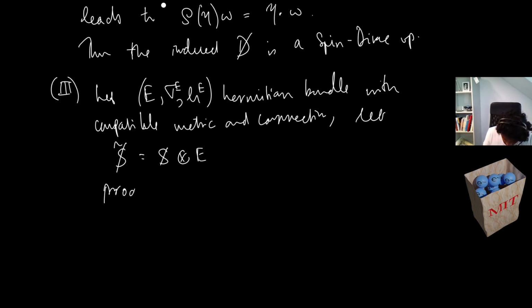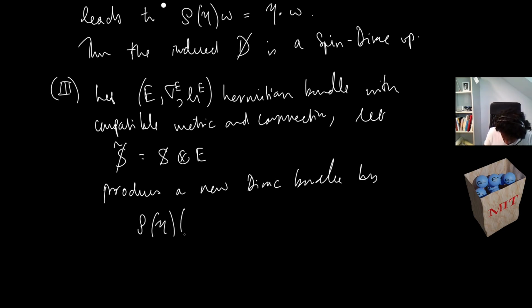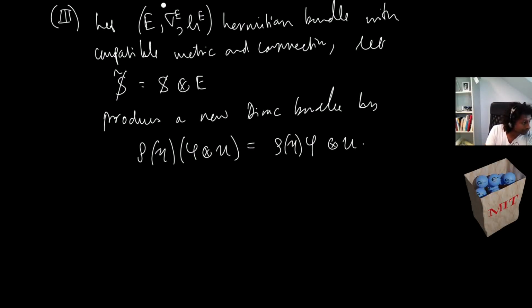This produces a new Dirac bundle, so we set rho now acting on, so the induced rho is precisely just its action on the first slot twisted by the second. And then the induced operator,